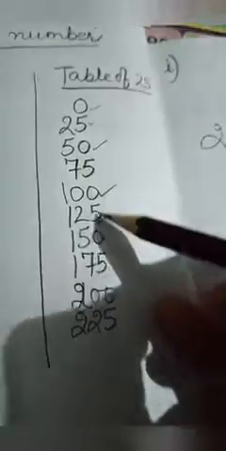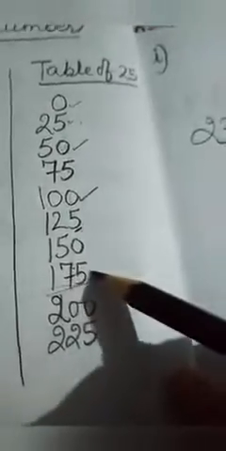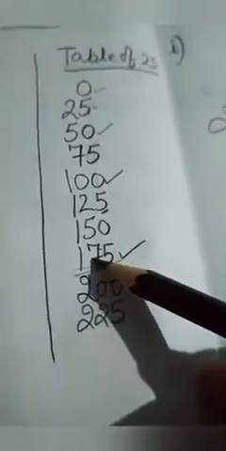Again we will observe the table of 25 to see what can be written under 192. By observing, you can see that up to here all the numbers can be written under 192. So we will take the last number from these, 175. 0, 1, 2, 3, 4, 5, 6, 7. 25 sevens are 175.